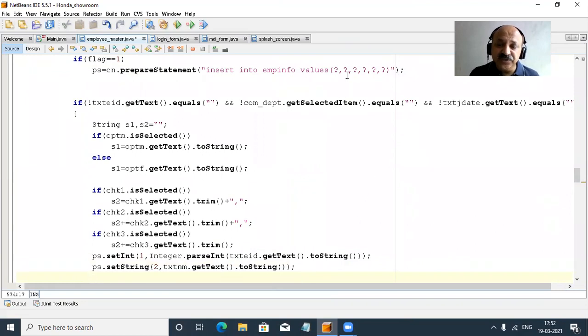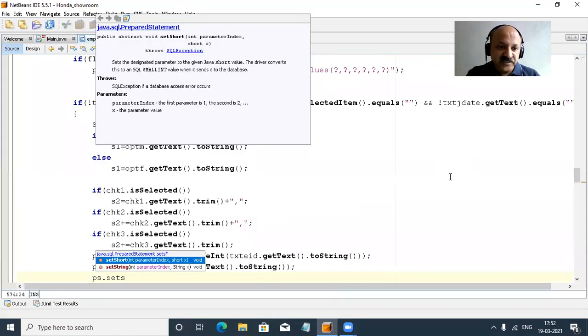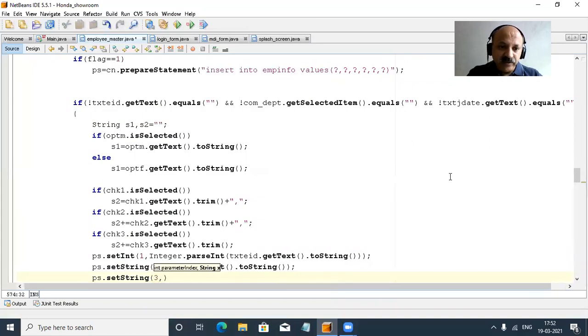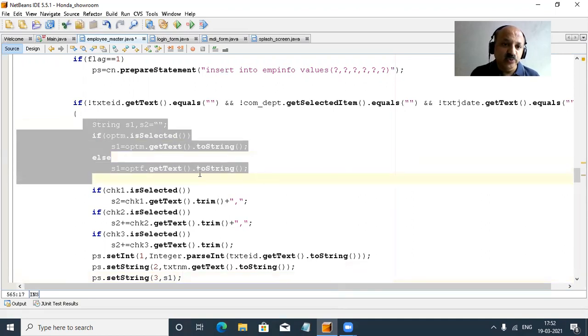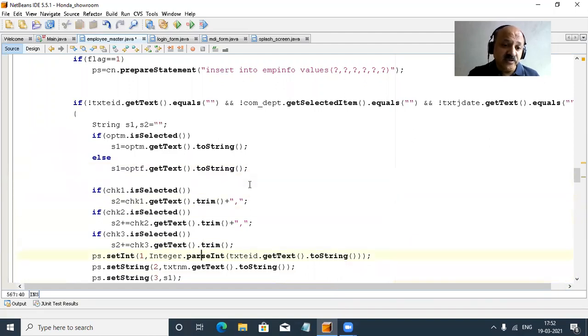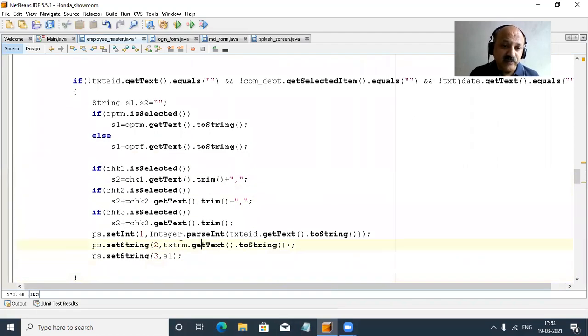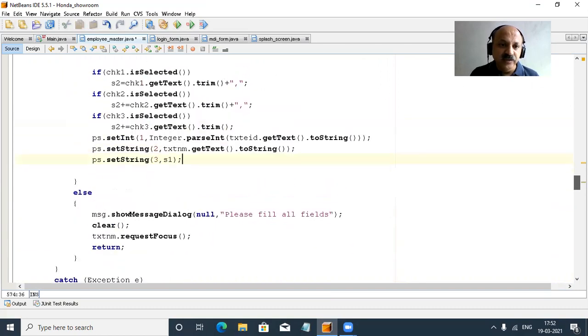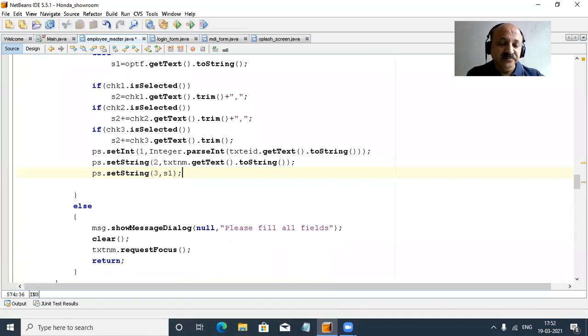So here, however many question marks there are, at that time you can use the appropriate data type here, setInt, setString, and now the third field. So that is our male female, meaning gender. So that is also setString, and that is the third field, and that is S1. So we can already take S1 to our male female. Yes, perfectly, and you can also use the ternary conditional operator in that part. Yes, directly. I can show you after our first successful query. So three fields are set perfectly.